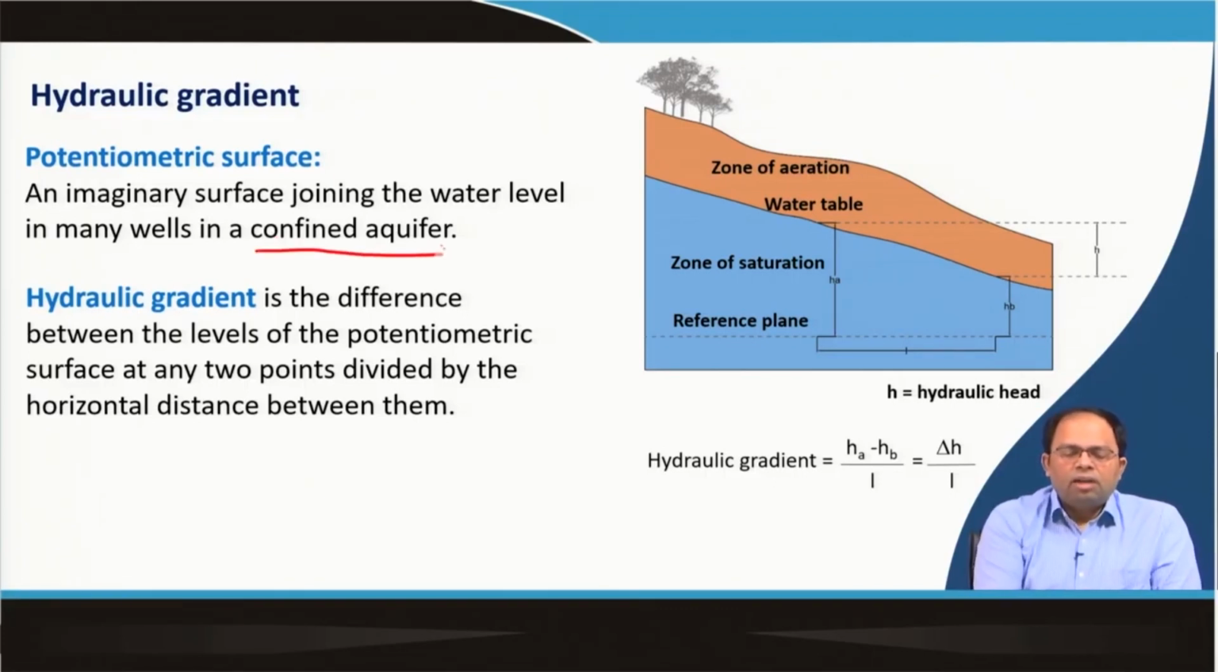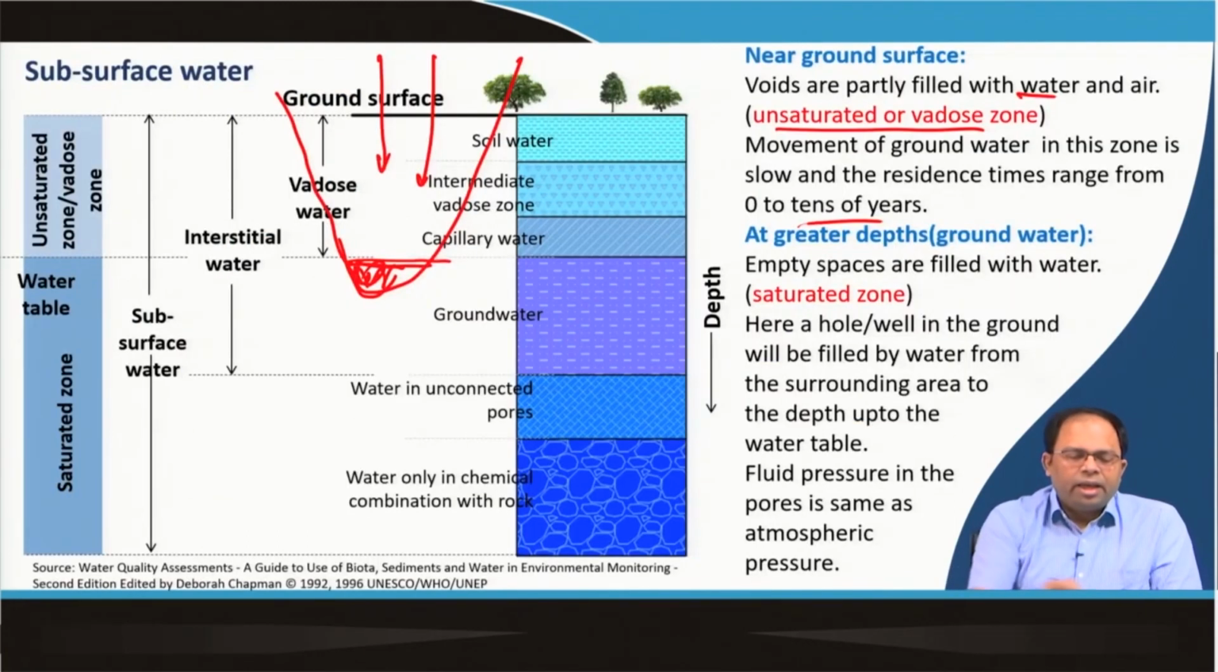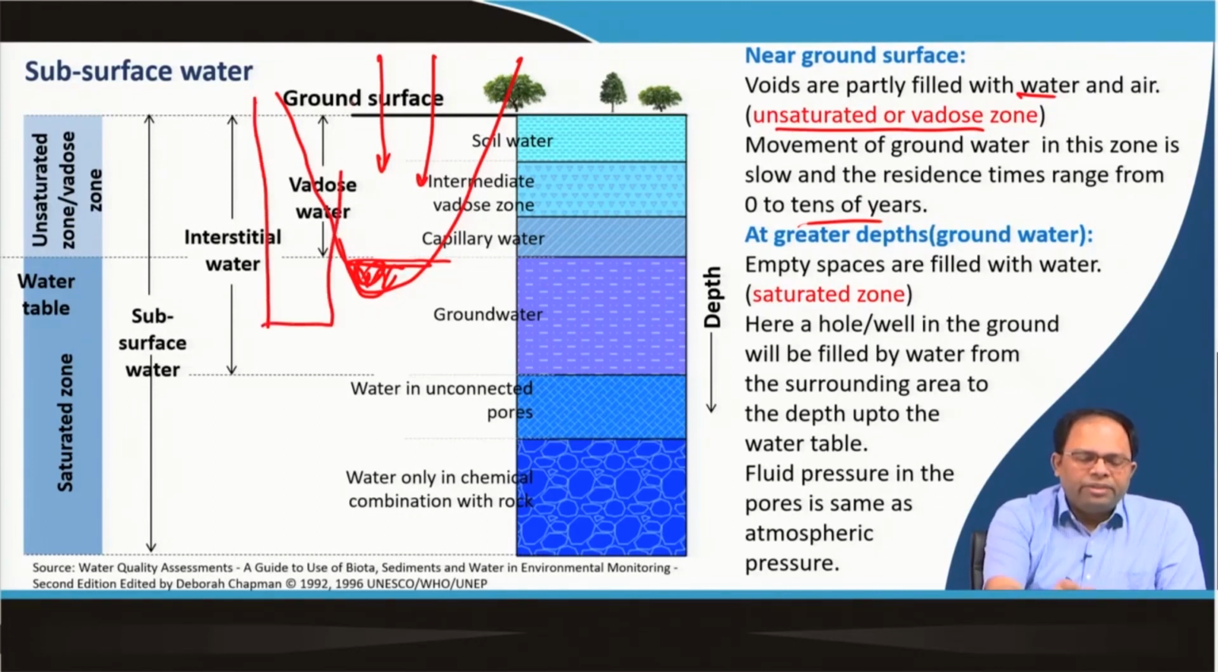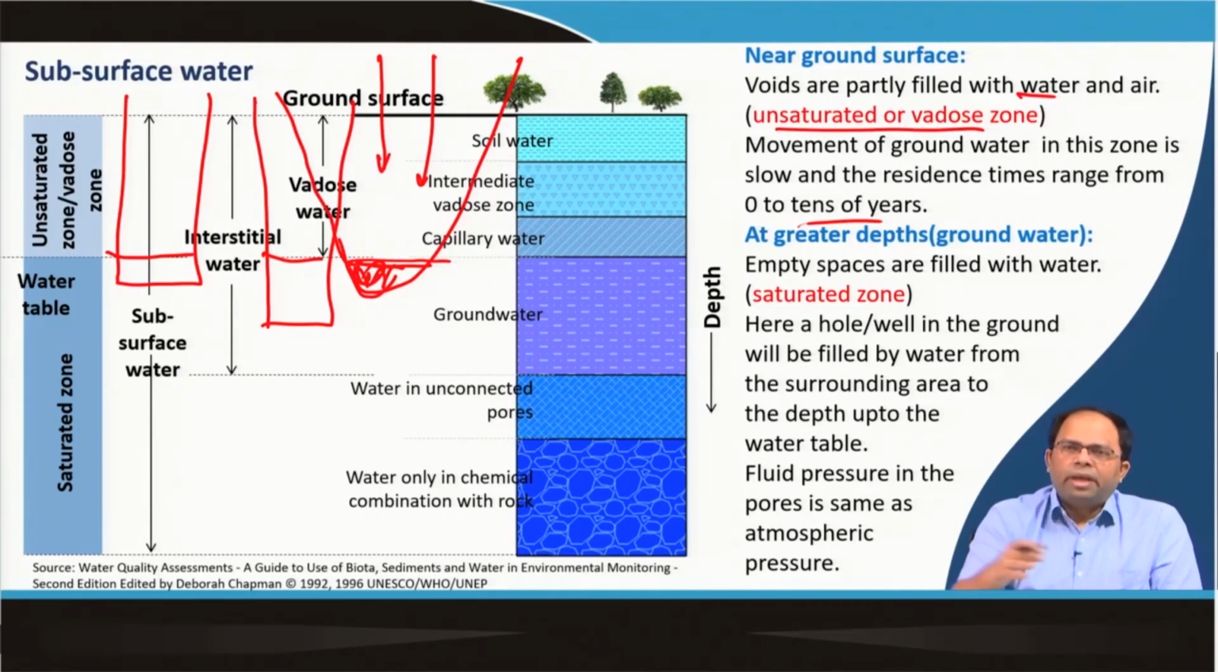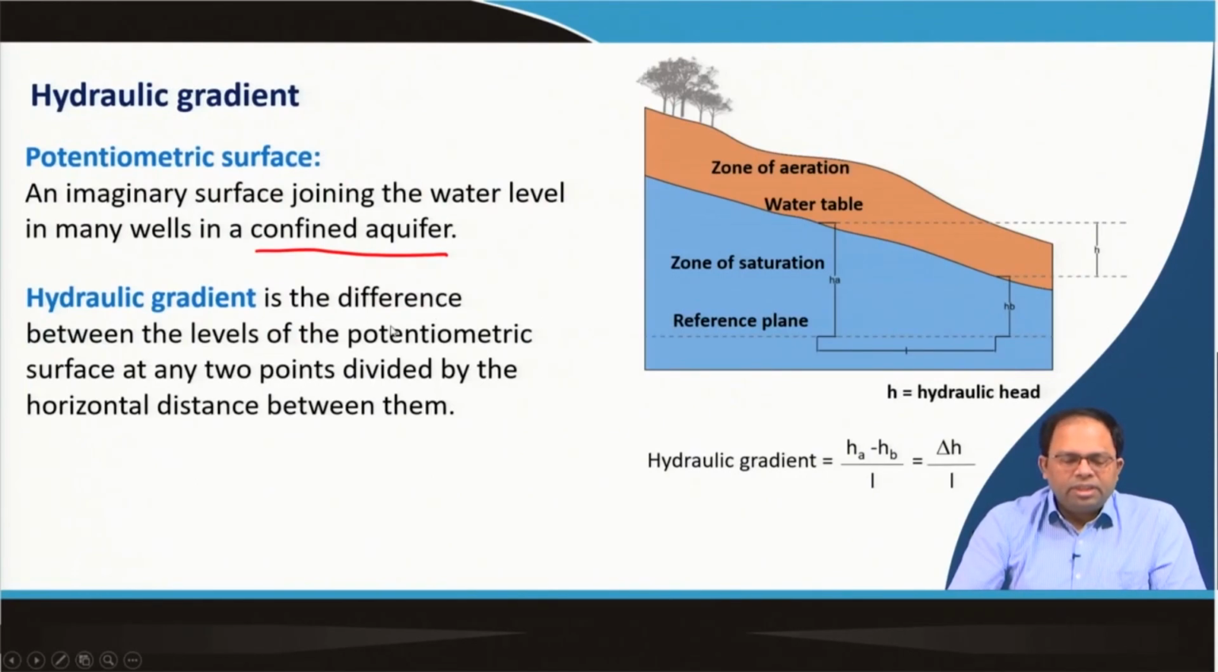Now, why is it called a confined aquifer? I will explain that a little bit later. Basically, if I have many wells, like in the previous slide, and I have a well dug over here, I will see the water level at this level. If I dig another well over here, the water level would be over here, right. If it is at a little distance, that water table may also vary, right. So, we see that an imaginary surface joining the water level in many wells in a confined aquifer